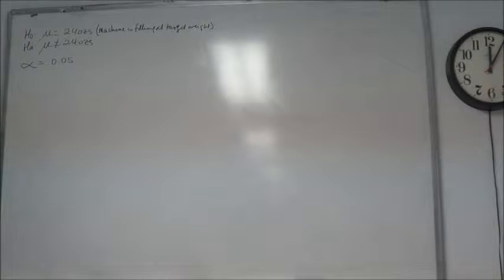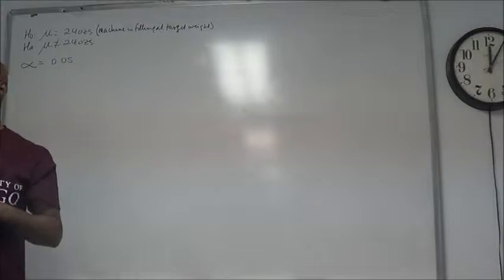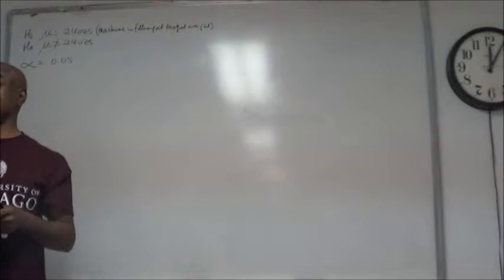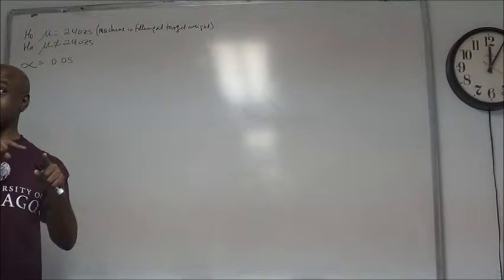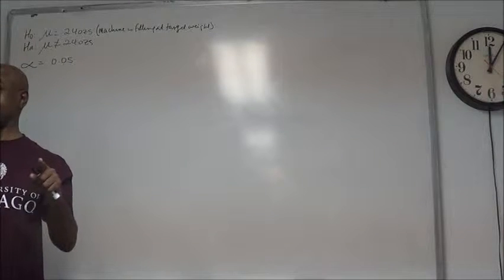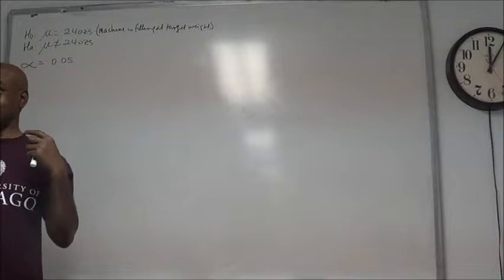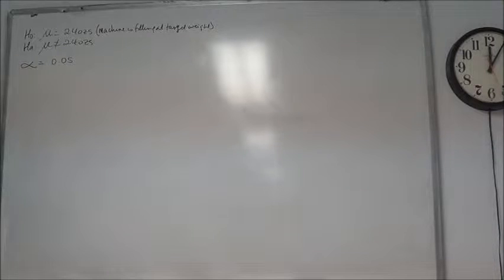Step 3, we need to choose the test statistic. We need to choose whether or not we're going to use Z or T for this test. Okay? This is why we went through all that foolishness in chapter 8, because now you need this to be able to run this test. Are we going to use T or Z here?